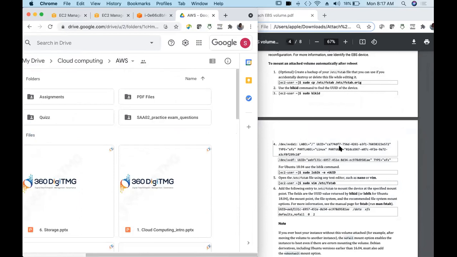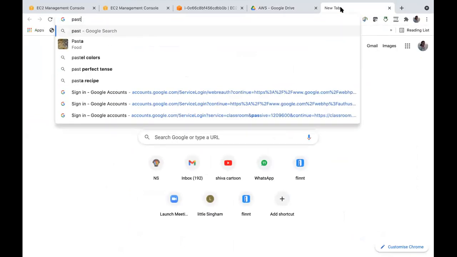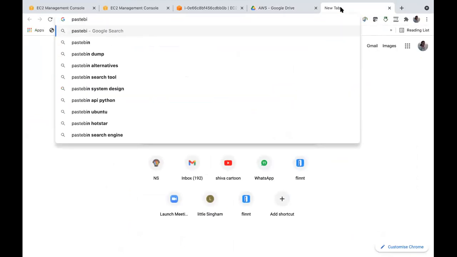Oh, they can't get the Drive link in the chat box. So let's try. Or I have this thing called Pastebin.